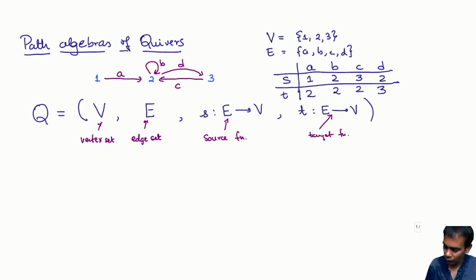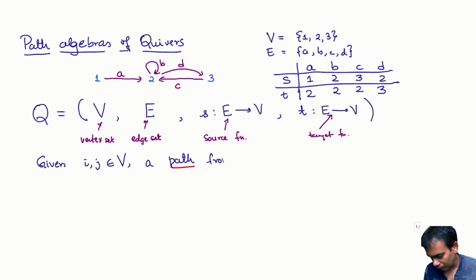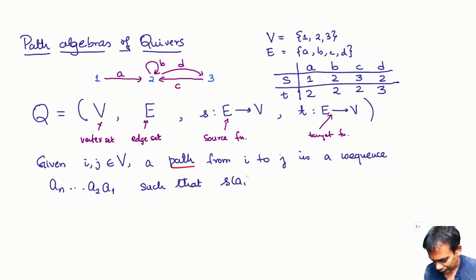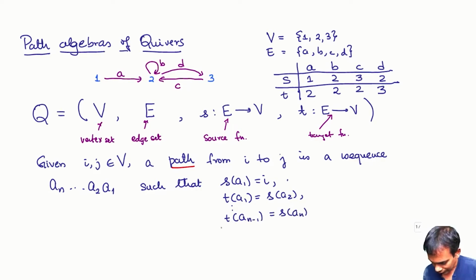Okay. Now, given two vertices, let's say I and J of the quiver, a path from I to J is a sequence of edges, and I'll write this sequence from right to left, A1, A2, AN, such that the source of A1 is I, the target of A1 is the source of A2, and so on. The target of AN minus 1 is the source of AN, and the target of AN